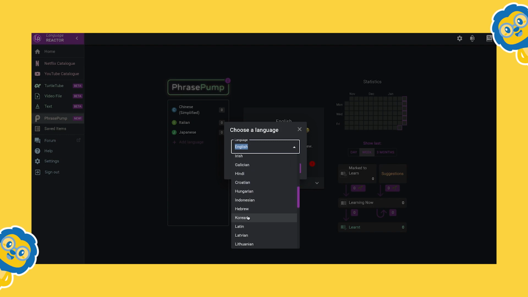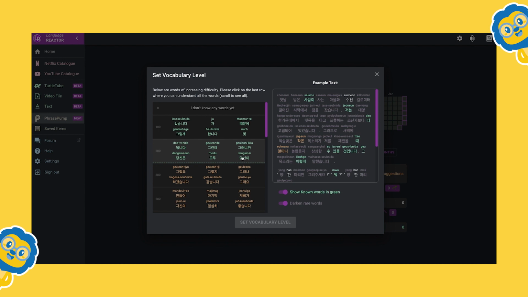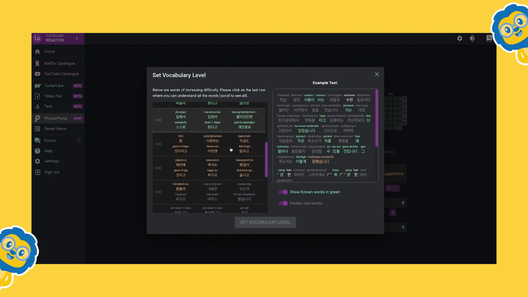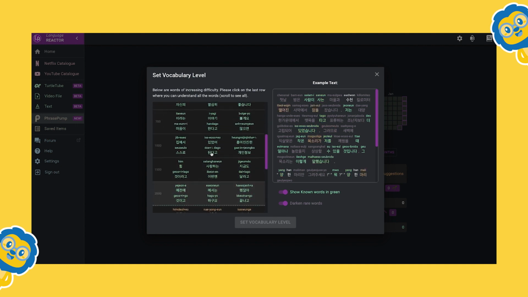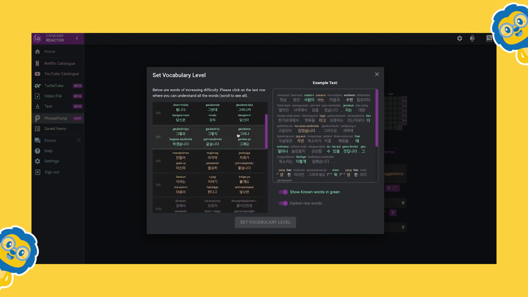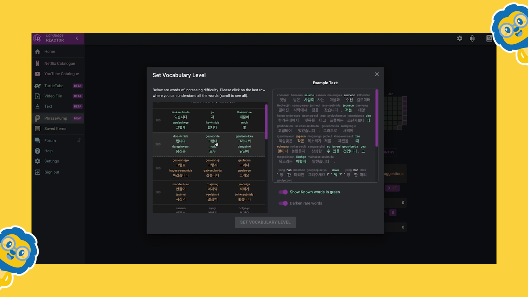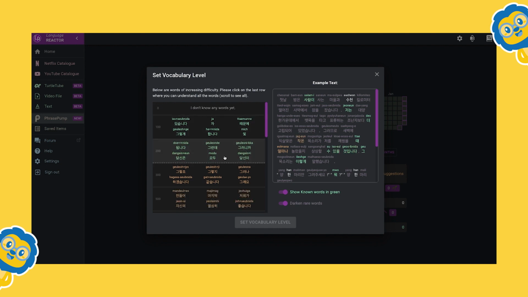So let's say I wanted to start Korean. I can click add there, and what it does then, you get to see or choose your current vocabulary level very roughly. So you can look through the list, and if you understand the meanings of all the words in one section, then you could probably move on to the next section. I would probably recommend you to select the section where it starts to get a bit more difficult. If you'd rather review some old stuff, maybe undercook it a little bit, so maybe go back to the earlier